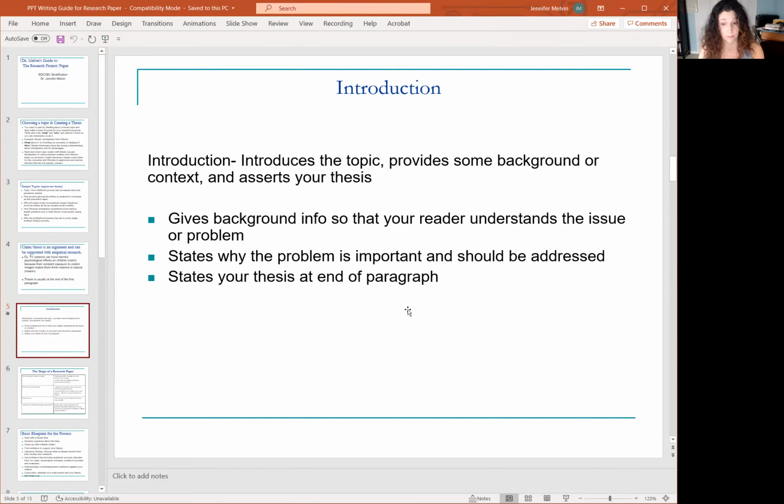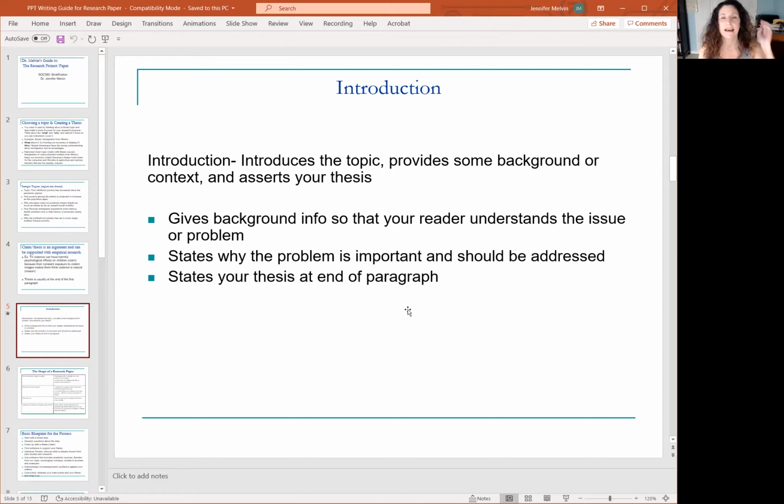Bonus points if you have a blueprint in your introduction. That's what I'm really looking for: in your introduction, it should lay out what you're going to do in the paper. When I read your introduction, I should then know what the rest of your paper is going to be about. So provide that blueprint for me in the introduction,